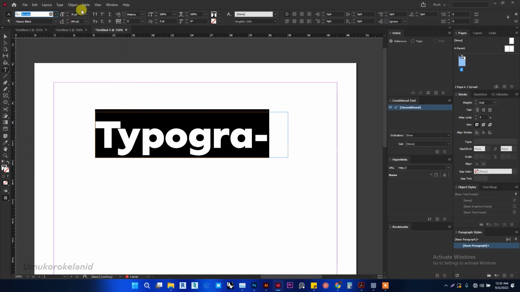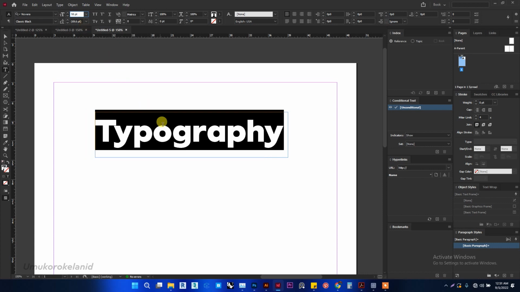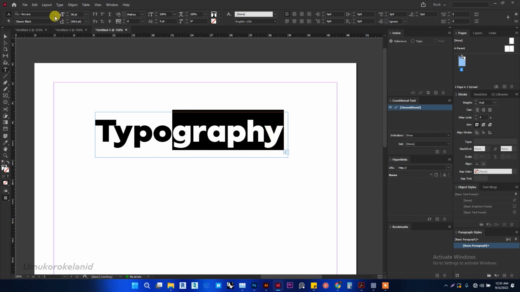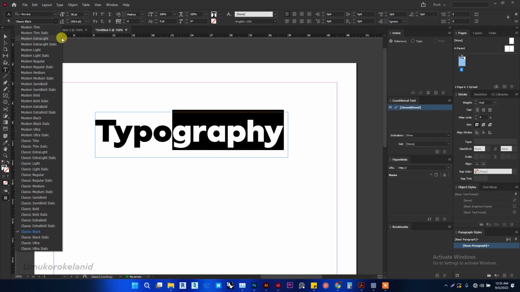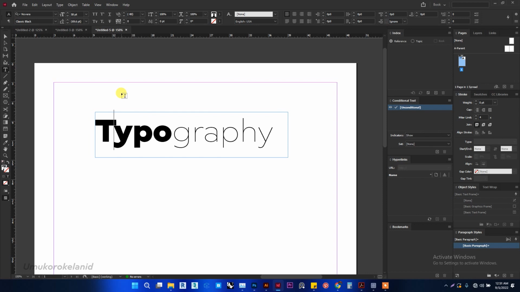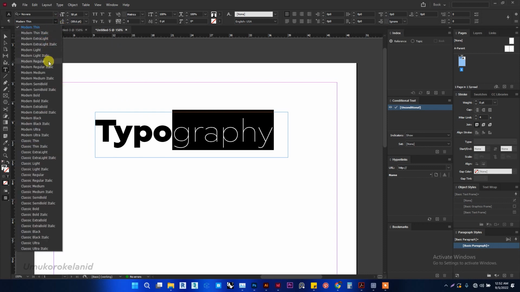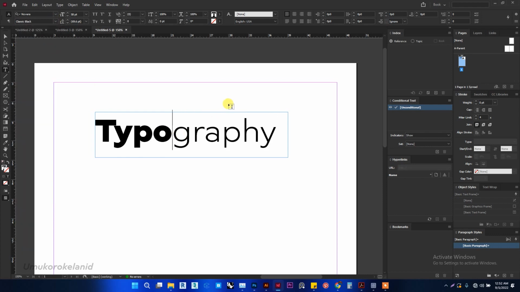So this is a perfect example of what we need. We're trying to create a blend of contrast, which we have with classic black. As you can see, we have several font categories here. So this is a perfect way of creating contrast. Even if we say this is too thin, we can still improve the font properties here. We can bring it to regular, which is also good enough, and we can use light. So this is a perfect way of showing